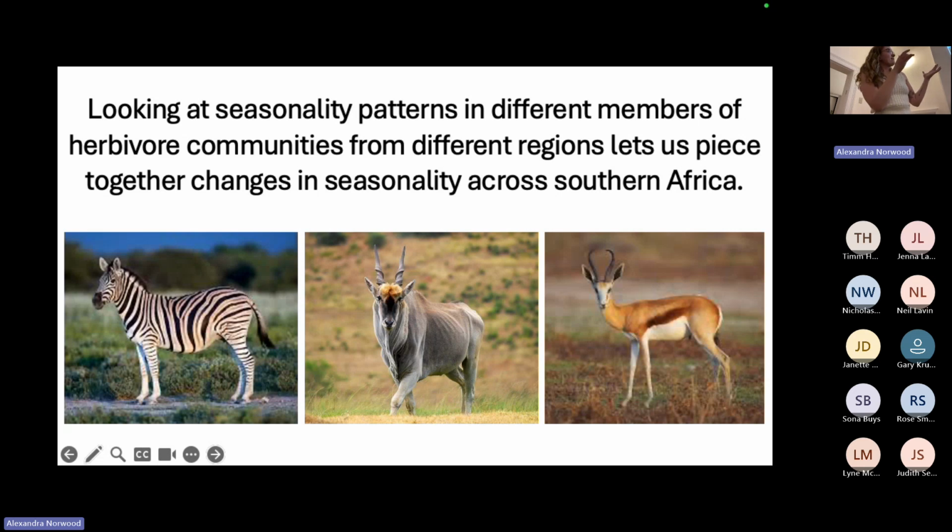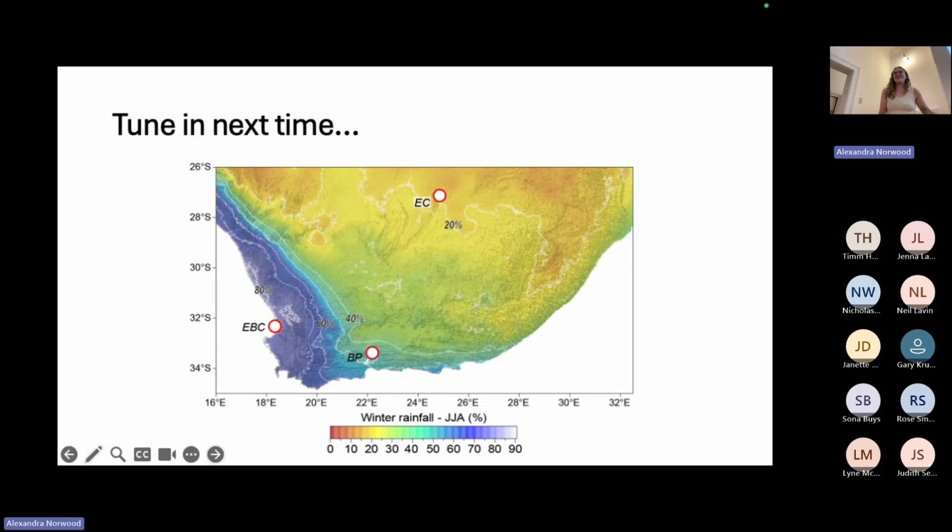So theoretically, we will shortly have a picture, and this is where I have to confess that this is a trap to get you to invite me back, because I'm still processing this data, so I don't have the results on the seasonality patterns that we're measuring in these archaeological teeth yet. But what will be really interesting about this is that we'll be able to look at these sites in these different regions.